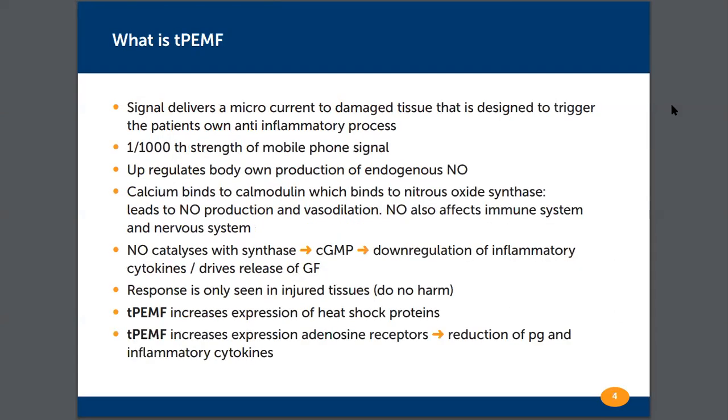What is targeted pulse electromagnetic field therapy? It's a signal that delivers a microcurrent to damaged tissue that is designed to trigger the patient's own anti-inflammatory process. So that's the long and short of it. It's 1/1000th of the strength of a mobile phone signal, and it upregulates the body's own production of endogenous nitric